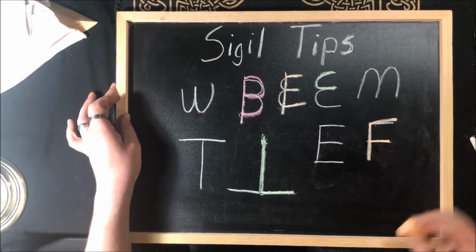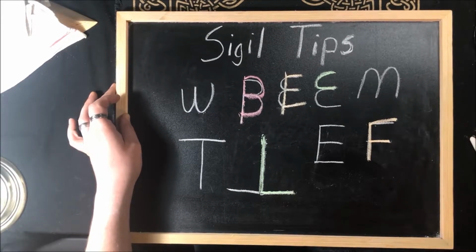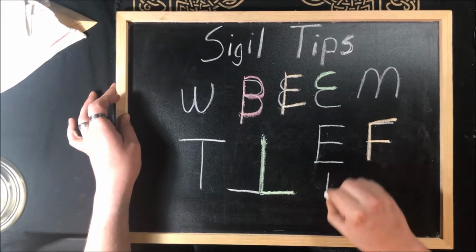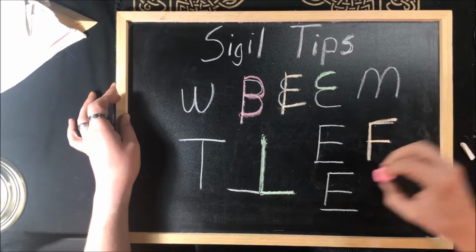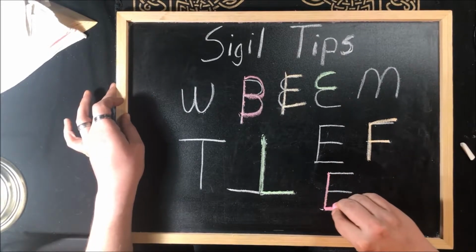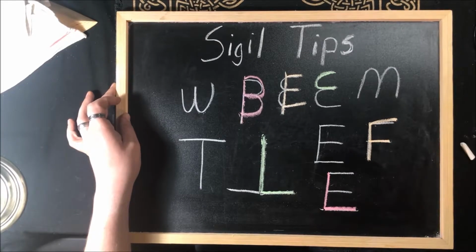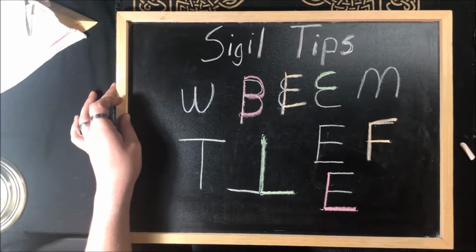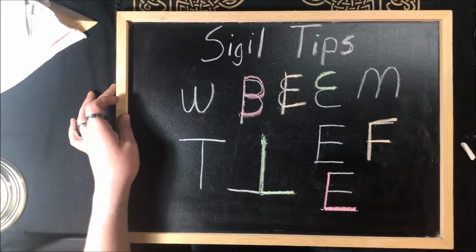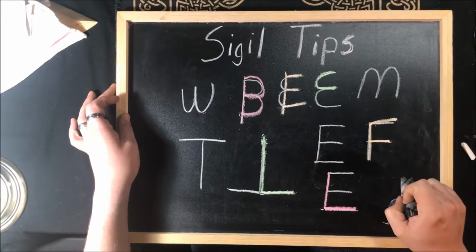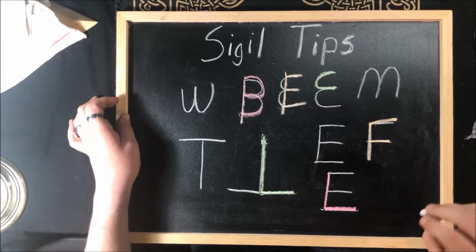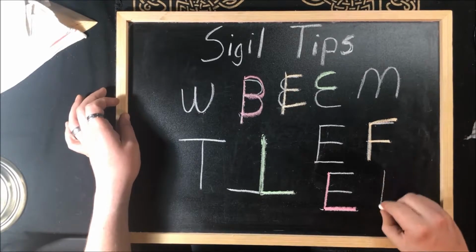It can be a F. Your E can be a L as well. So out of an E, if you have F or L,